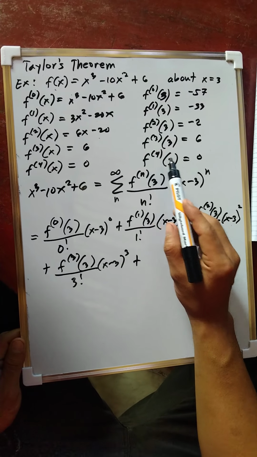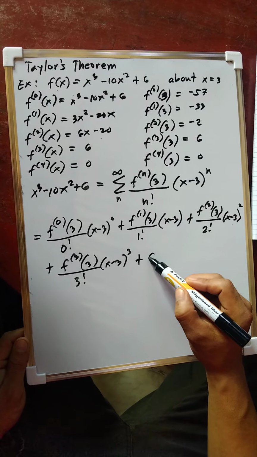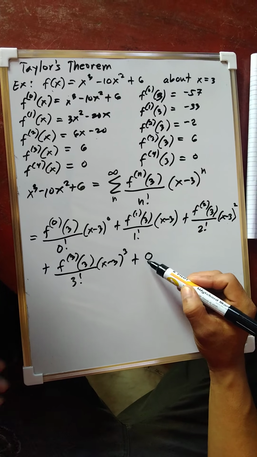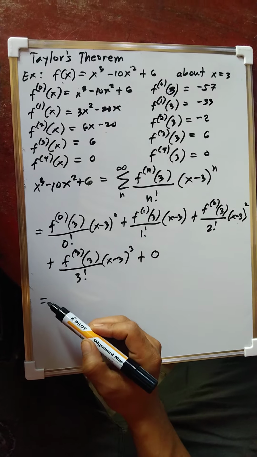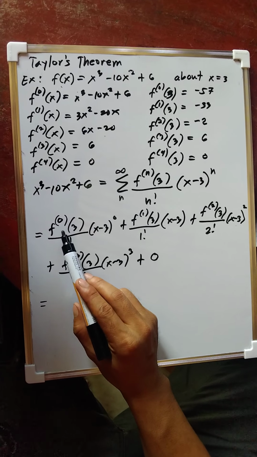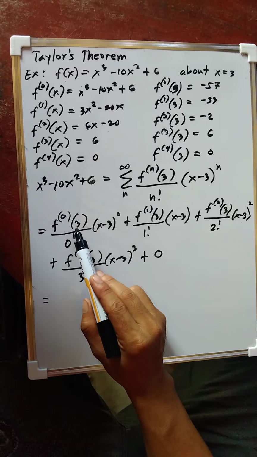Since the fourth derivative is 0, we can now write 0 here. So simplifying this equation, we have: